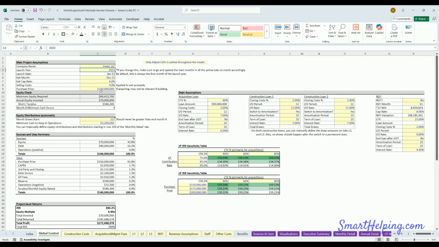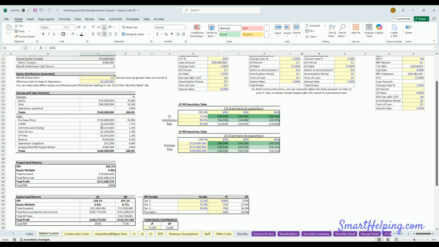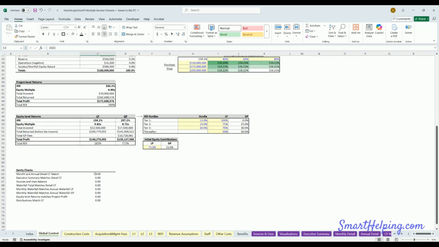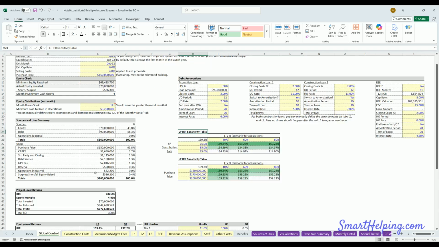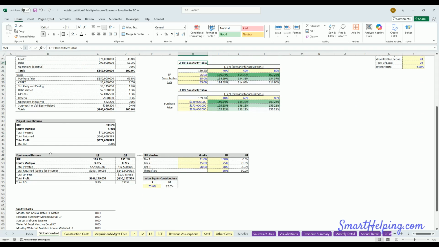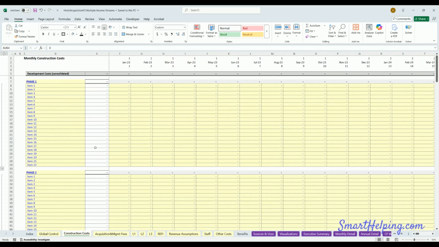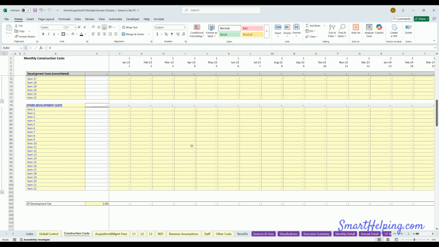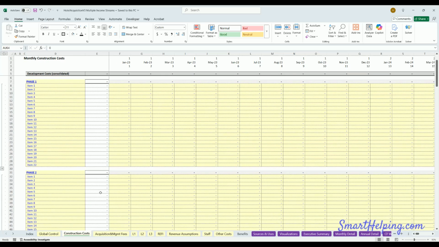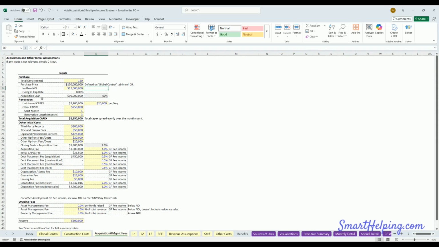Just so you can get a quick overview of the whole model, we have the global control tab here with all our high-level assumptions, debt assumptions, some sensitivity tables, sources and uses summary, project level returns, and if you have a joint venture, LP and GP returns, and the IRR hurdle that drives that. Construction costs, you got three phases plus an extra development phase. You can put in your cost per month. You've also got a development fee down there. Acquisition and management fees,